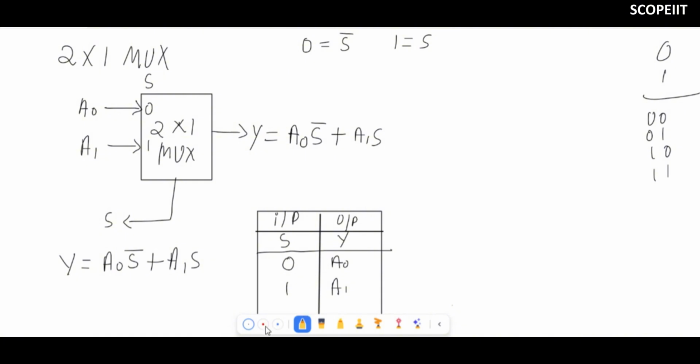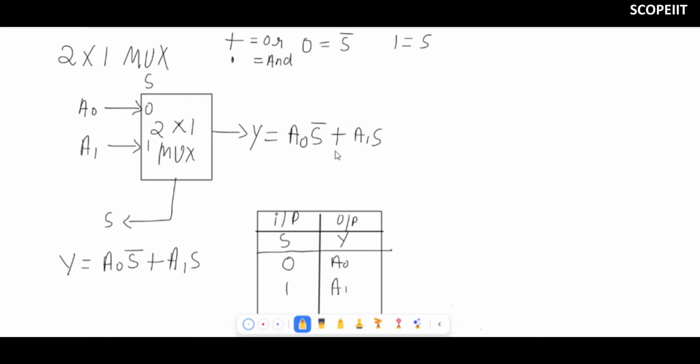Okay, next we are going to draw the circuit diagram. Now how to draw the circuit diagram for this one? Circuit diagram basically we draw based on this expression. Now here, how many OR operators? You can see here plus. I already covered in my last video about digital logic gates, so plus, dots and all. Plus basically is for OR, and dot is basically for AND gate. Remember this if you don't know.